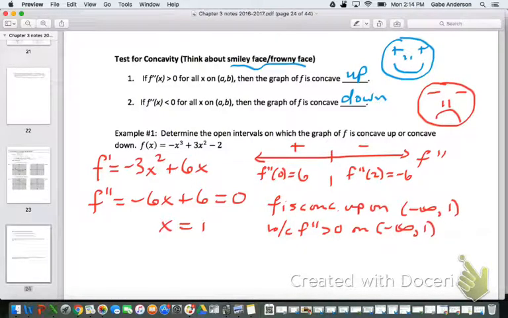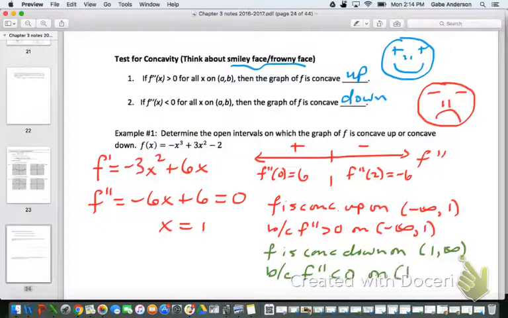And I can also say that f is concave down on our other interval, which would be 1 to infinity, because f double prime is negative on that interval. Okay, we're going to do a quick check for understanding here in a minute, but that concludes the main part